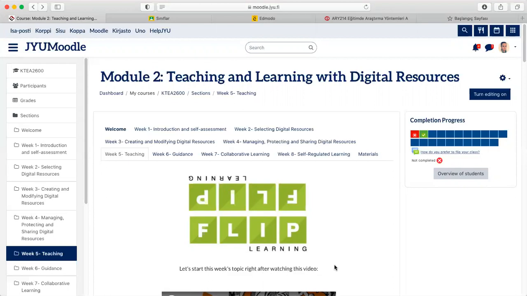And this week, in week 5, we will be talking about how to flip, how to blend our learning environments. And as we all know, we are now fighting against coronavirus, and many of the organizations and schools and also sectors moved their learning academies or learning resources to online repositories. And if you want to flip our learning environments, it would be a better idea to choose one of the learning management systems